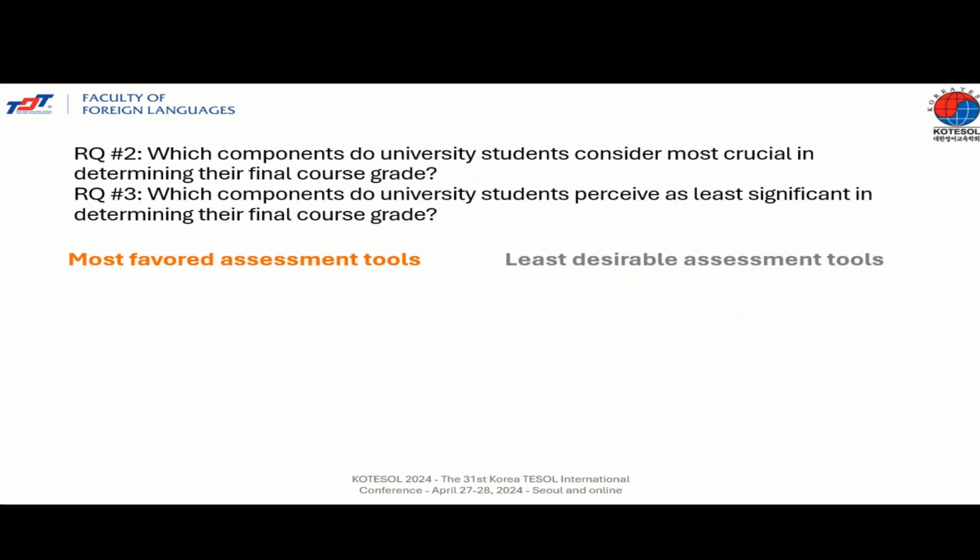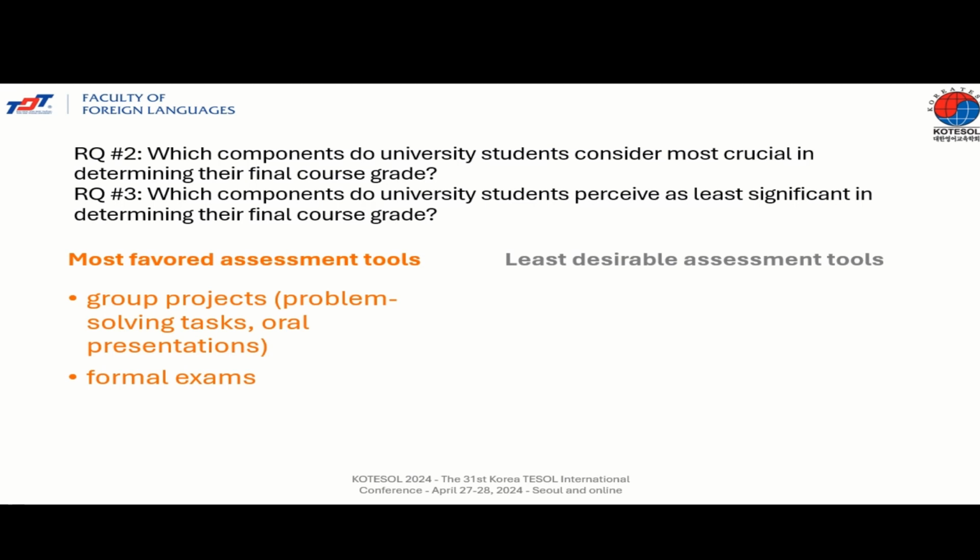The second and third research questions ask about the most favored and least desirable assessment tools. So for the most favored assessment tool, you can probably guess the forms of assessment preferred by the students after seeing the answers to the first research question. The number 1 thing is group projects. Specifically, the students prefer problem-solving tasks or oral presentations. The second assessment tool that they prefer is formal exam, and then the next thing is individual projects, specifically